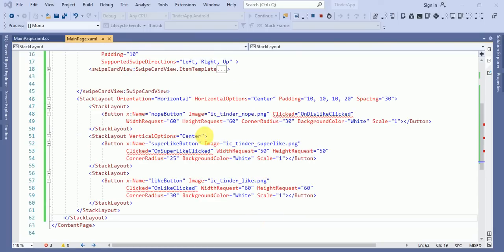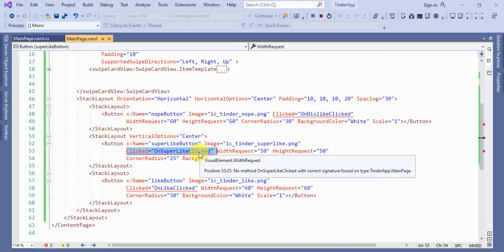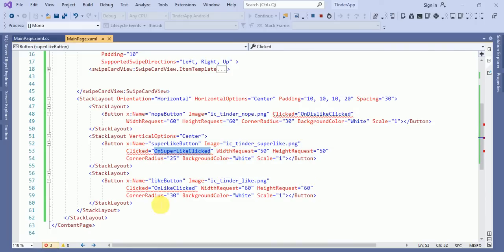So here what I have done, I have taken a stack layout, and inside the first stack layout you can see the button, and the button image is no means no, and for super like, and for like no means dislike. And here I have created a click event handler, so we will have to create the click event handler in the backend.